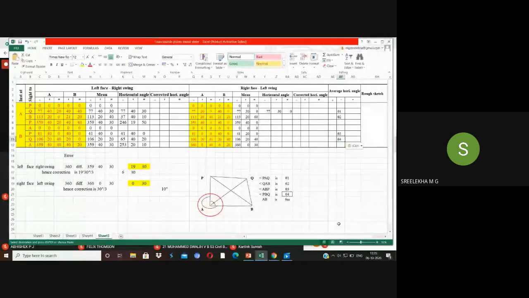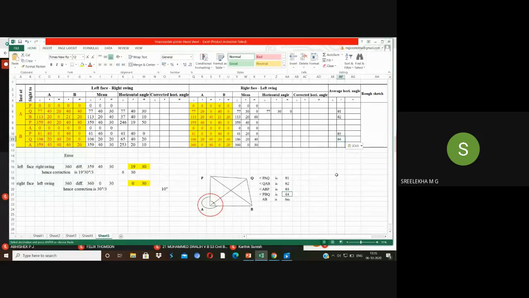Okay, so do one thing. You complete this up to the calculation, because I still require half an hour for completing the demonstrations. Your time is limited to only 1 hour, so complete this table up to whatever calculation is given, for next Tuesday's class: the full table, the corrected horizontal angle. Similarly, what is the average horizontal angle? Up to that we'll be getting.